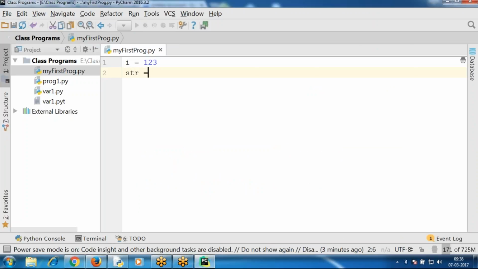Str equal to hello. So write the values directly. And if you want to print the values, print i comma i and str comma str, like that you can specify. And if you want to run the program,